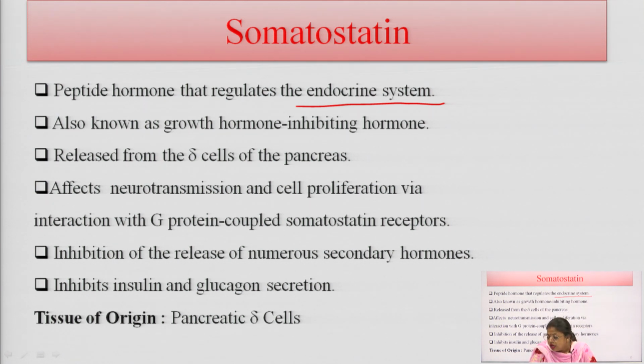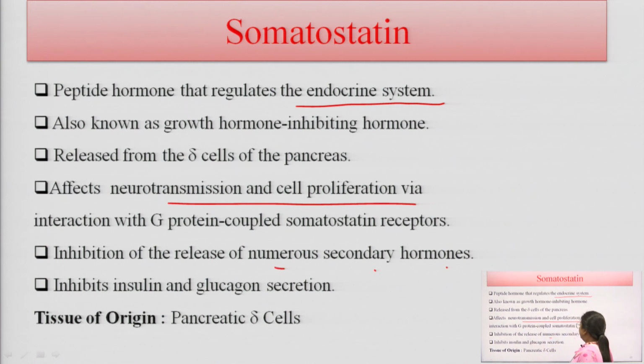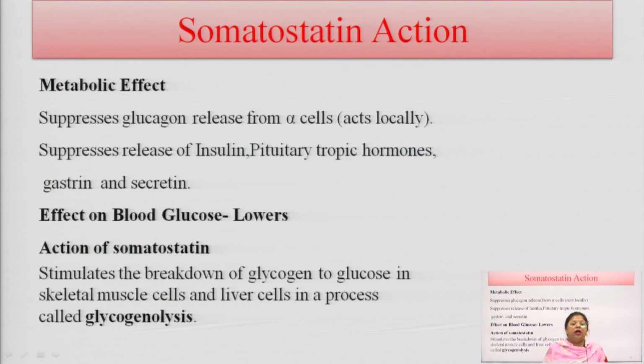this is released from the delta cells of the pancreas, and they basically affect transmission and cell proliferation by interaction with the G protein coupled receptors, and it inhibits the release of numerous secondary hormones, and it also inhibits insulin and glucagon secretion. So, the tissue of origin is the pancreatic delta cells, and what is the action of this somatostatin? Because it affects both insulin and glucagon, the blood glucose level reduces,